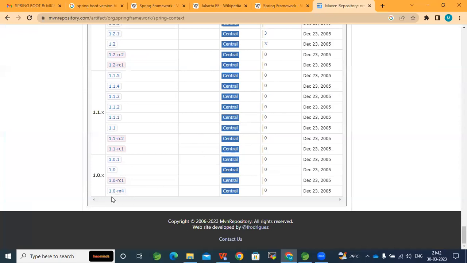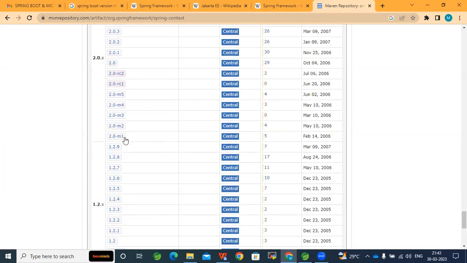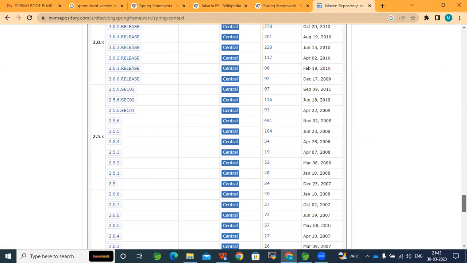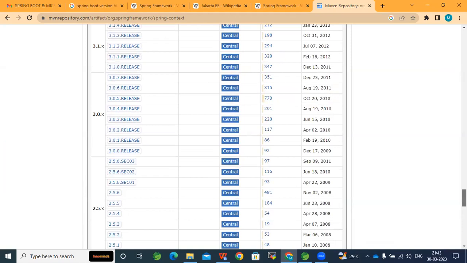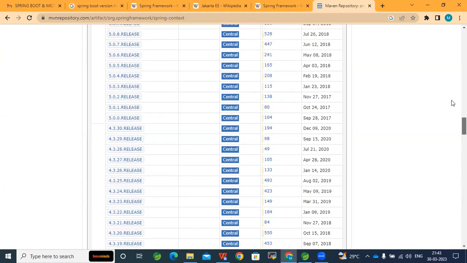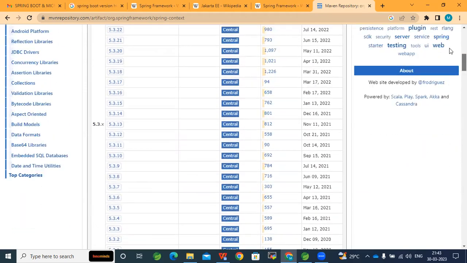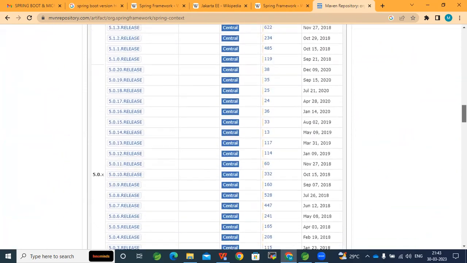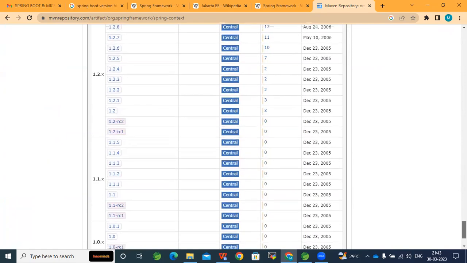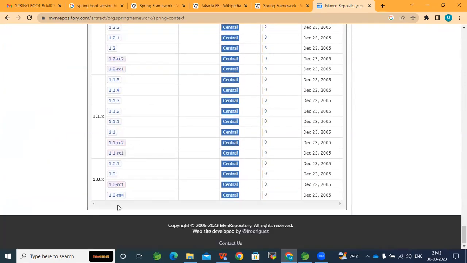Now you can see here M4, RC, right? M4, RC and 1.0, and somewhere you can see M1, M2, M3, and then again RC, and then release versions, and then SC01, SC02 release versions, and then stable versions. So what do you understand from here? Versions are released as